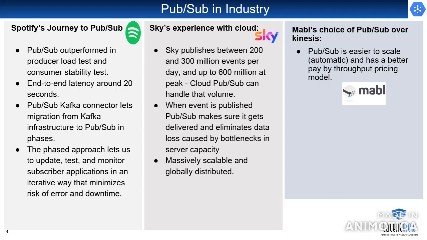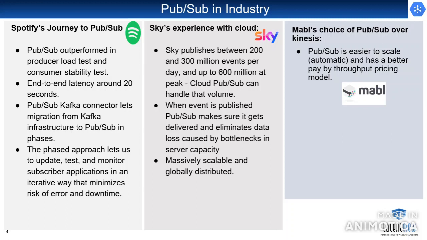Next, we have Mabel. Mabel is an American company which provides ML-driven end-to-end test automation service to test software and identify regressions. It was established in 2017. They were evaluating cloud services and had two choices in mind. AWS, Amazon Web Services, was the master, and Google Cloud Platform also had its own perks. So they were evaluating between AWS and GCP.